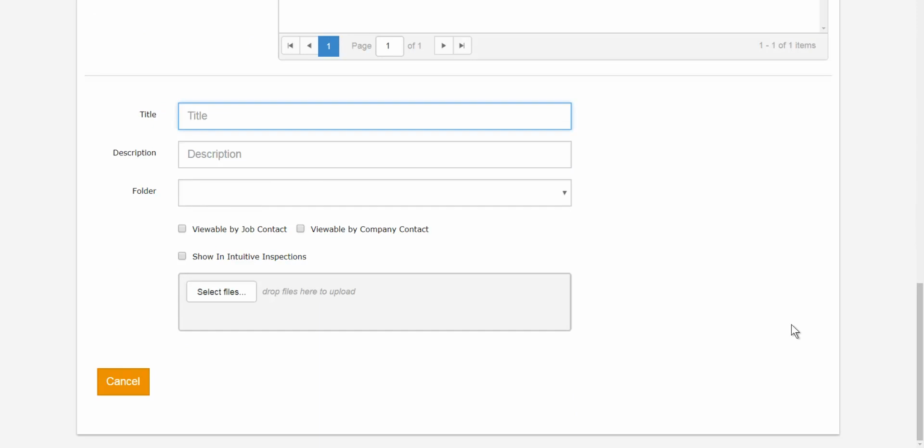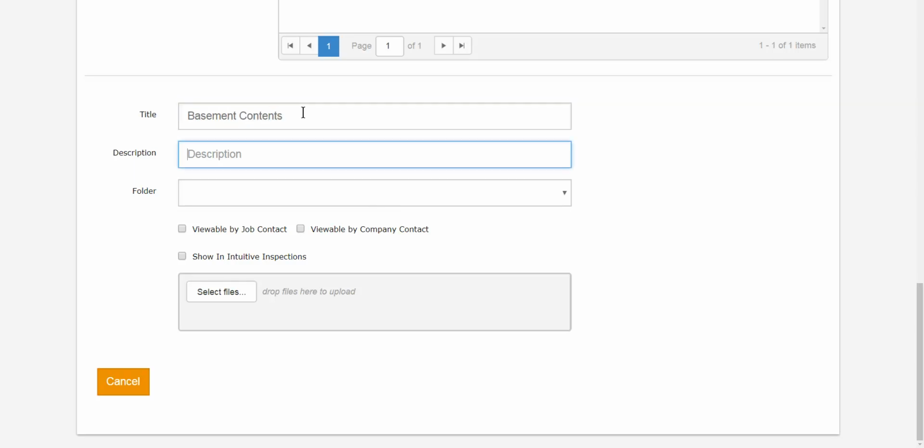fill in. I can add them one at a time here if I choose to do so, or it may be that I have 2 or 3 that I need to add at one time into the specific folder that they have a title that's similar and their description is similar as well. So here I'm going to come in and I'm going to pick up a couple of photos that I want to put in. So here I'm just going to put in here basement